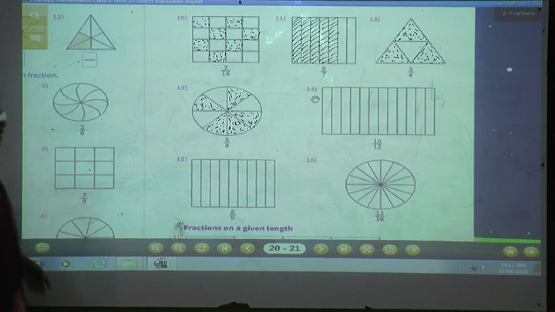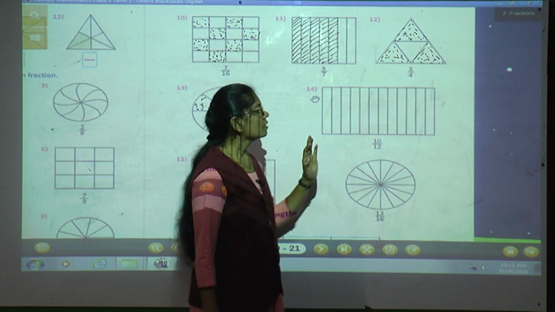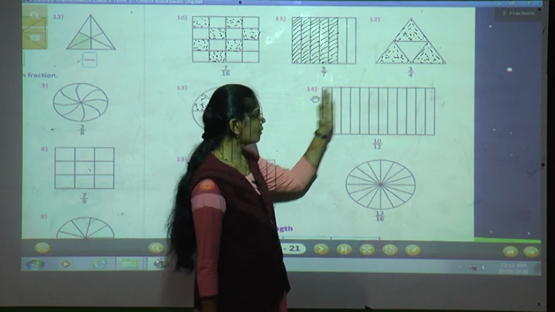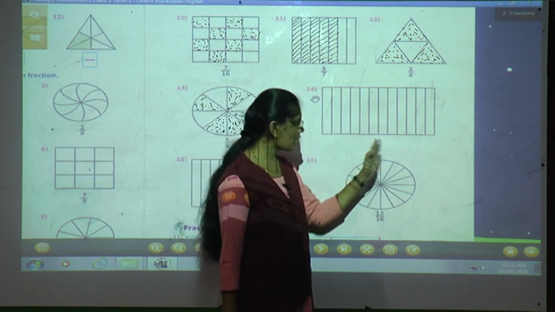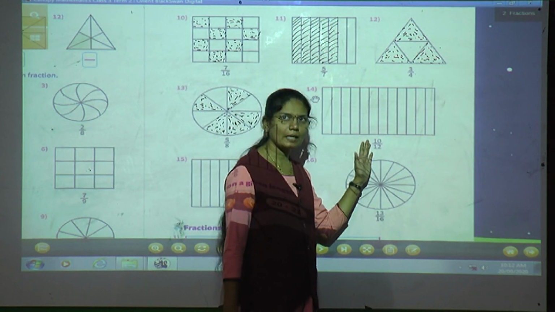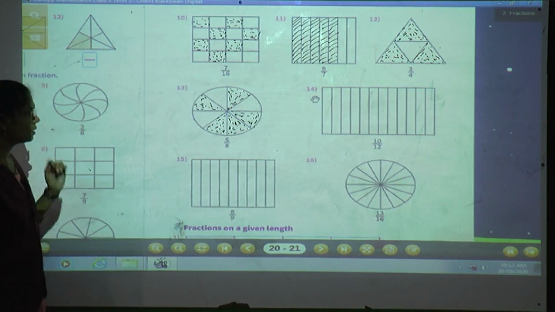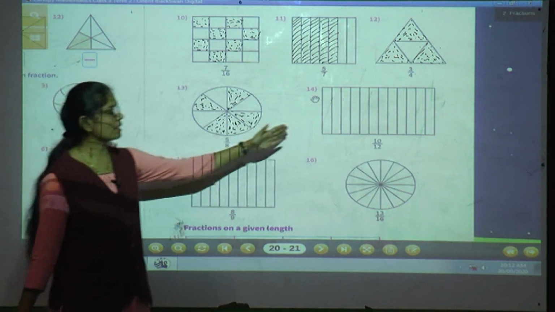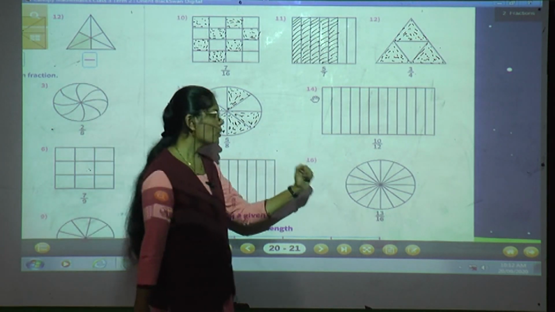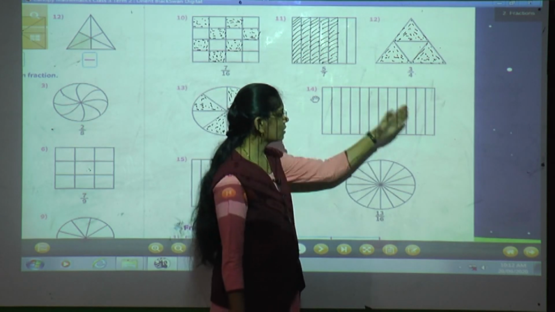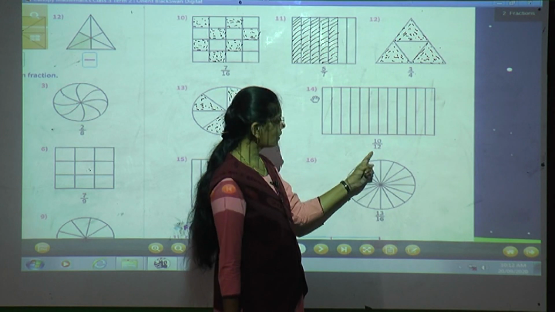Now see the next example, that is 10 by 12. Now here 12 equal parts are there. Okay, this whole is divided into 12 equal parts. Now from that 12 parts you have to color 10 parts. So students, you have to do this remaining example by your own. Only 3 examples are remaining that you have to do by your own. Just I will explain you. Here this whole is divided into 12 equal parts, and out of that 12 equal parts you have to